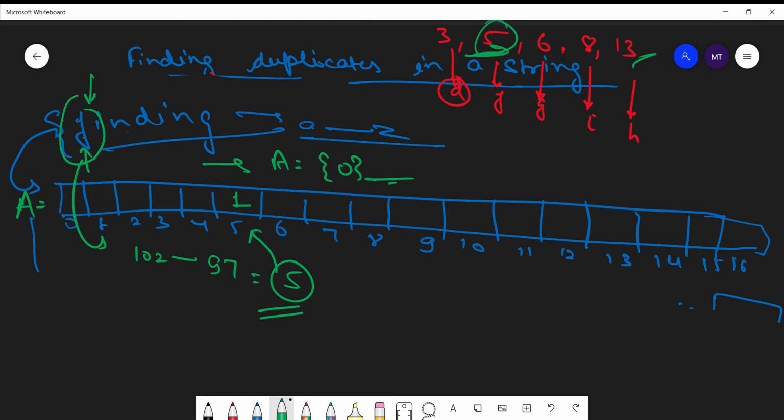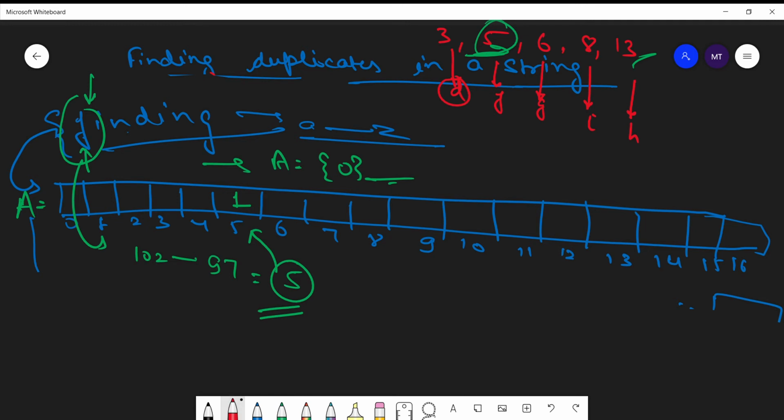All the other indexes are filled with 0, and one by one we will be incrementing the value at the index we find by calculating its ASCII value and subtracting its base value, that is small a, whose ASCII value is 97.